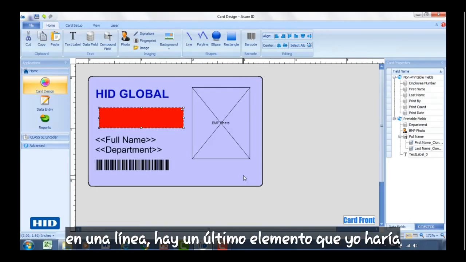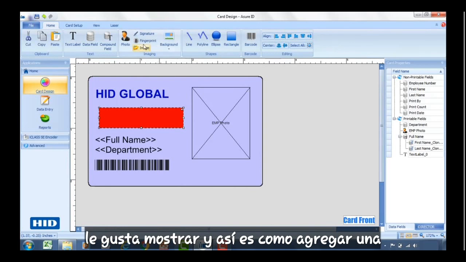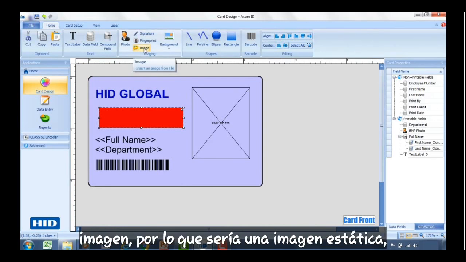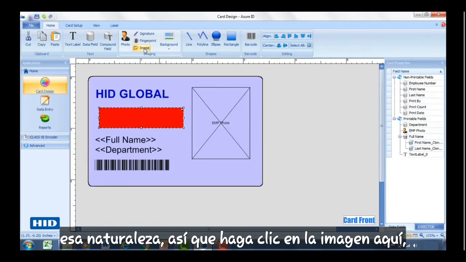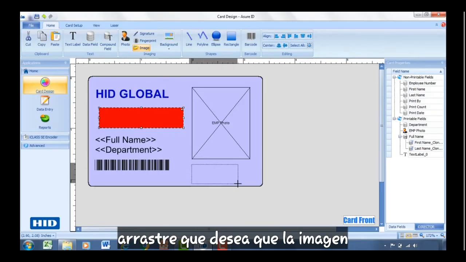In Allied, there's one last item I would like to show, and that is how to add an image. So this would be a static image, such as a company logo or things of that nature. So you click image here, drag that to where you want the image to appear,